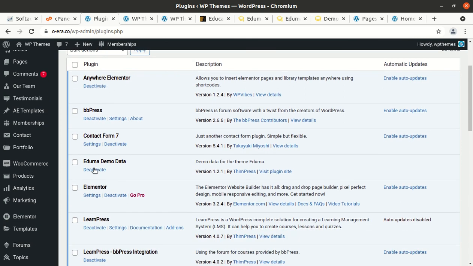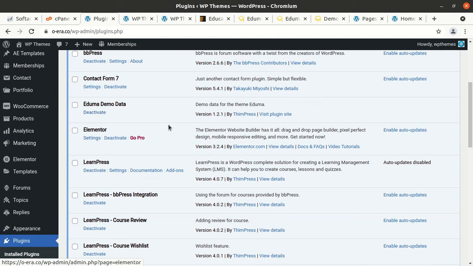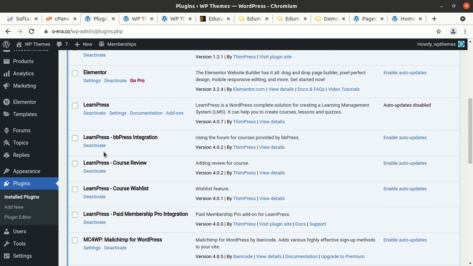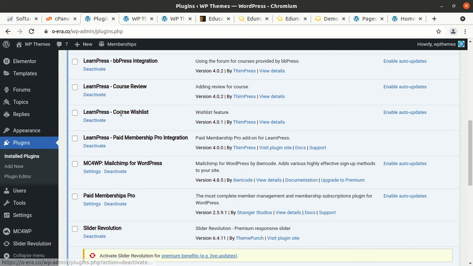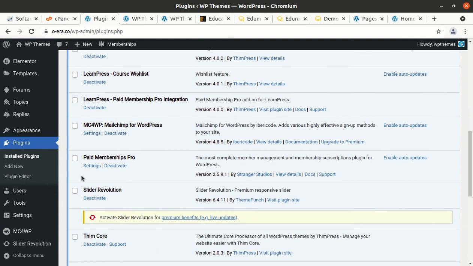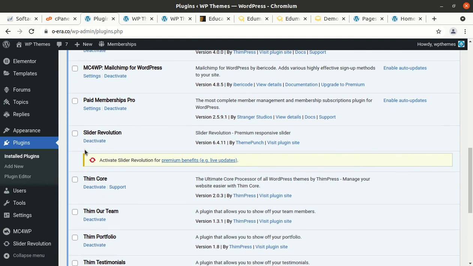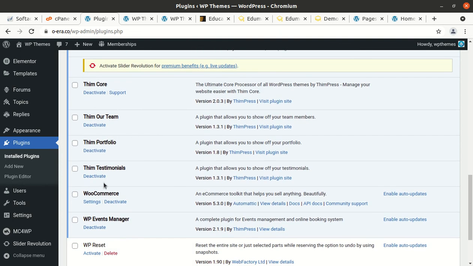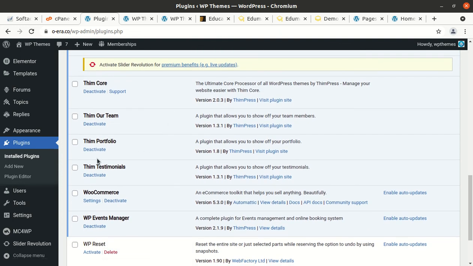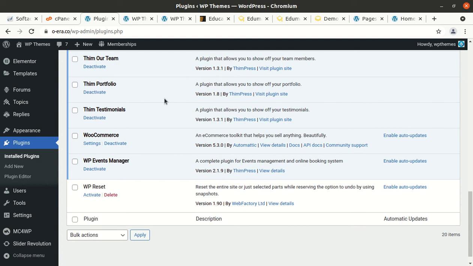Elementor, bbPress, Contact Form 7, Eduma Demo Data, Elementor, LearnPress, LearnPress bbPress integration, LearnPress course review, LearnPress course wishlist, LearnPress Paid Memberships Pro integration, MC4WP MailChimp for WordPress, Paid Memberships Pro, Slider Revolution, ThimPress Core, Our Team, Portfolio, Testimonials, WooCommerce, and WP Events Manager.